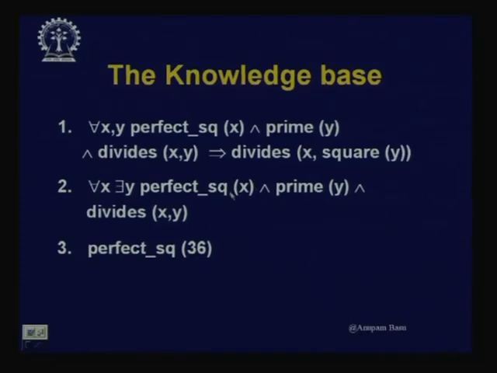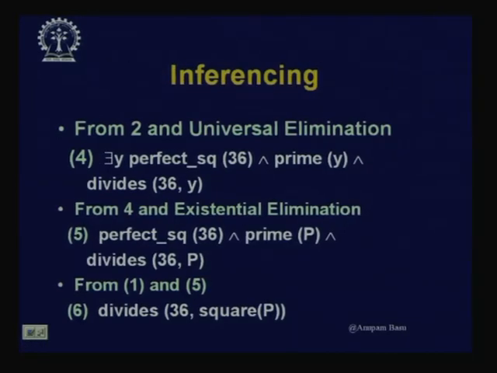Therefore, I can put 36 in place of x and remove this for all x part. I put 36 here as well as I put 36 here. That was our inference method of elimination of universal quantifier. So, I eliminate that,